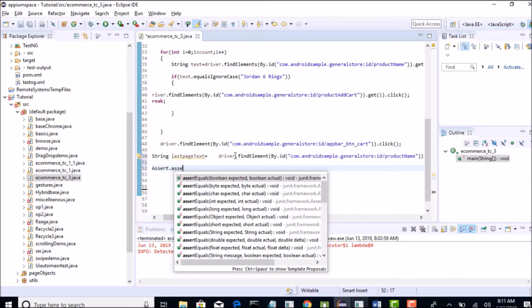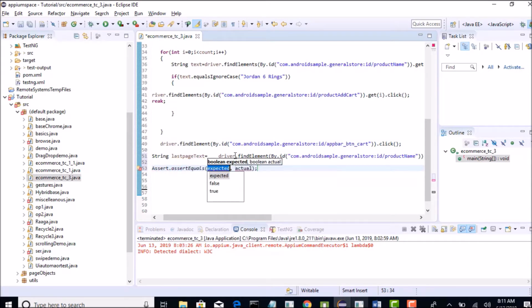Assert dot assert equals, actual text is this, expected is the Jordan 6 rings, right? And that is it. This will validate whether the product selected in step 2